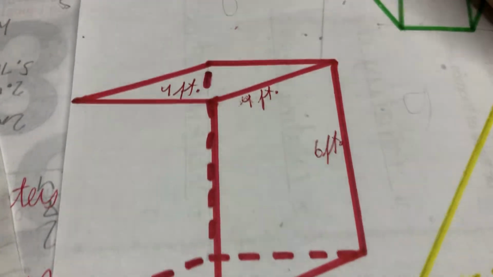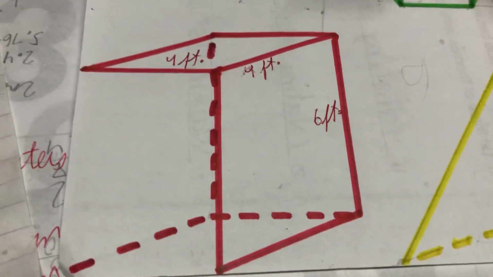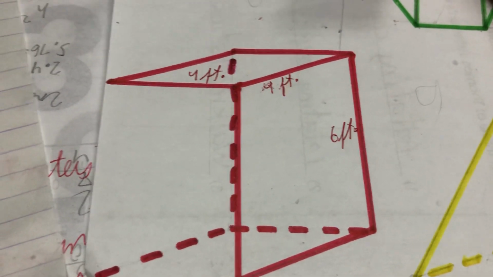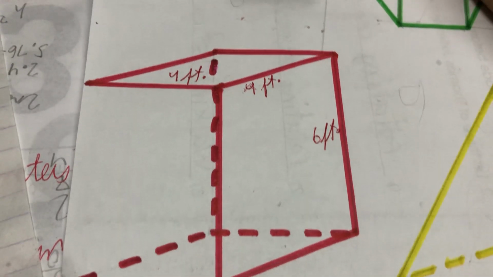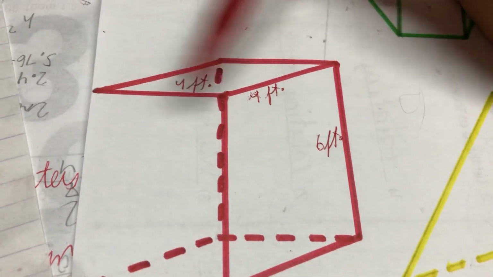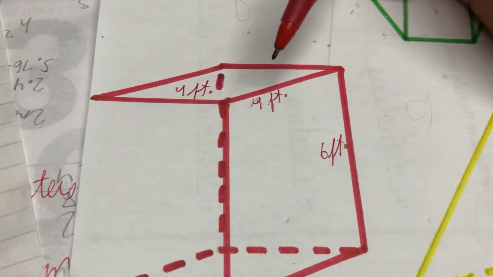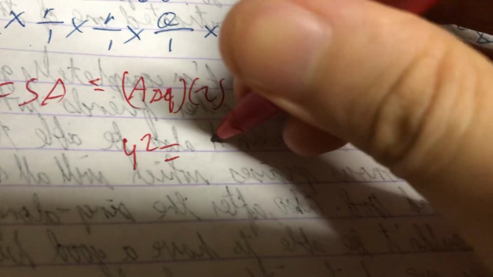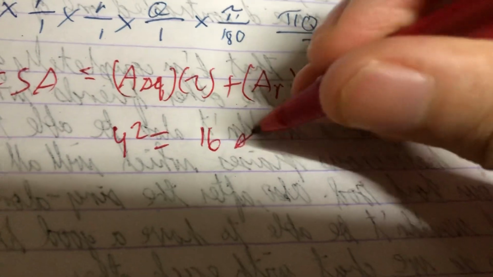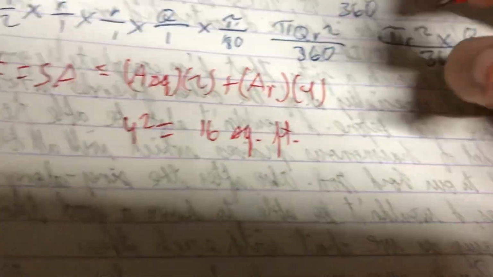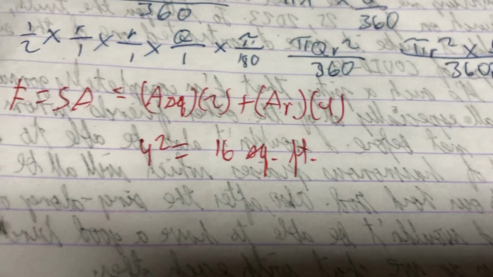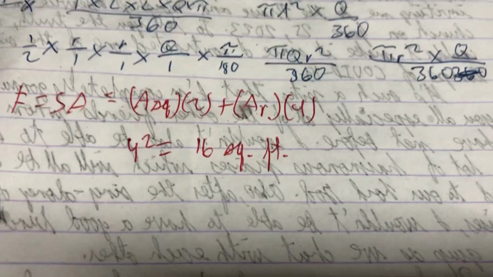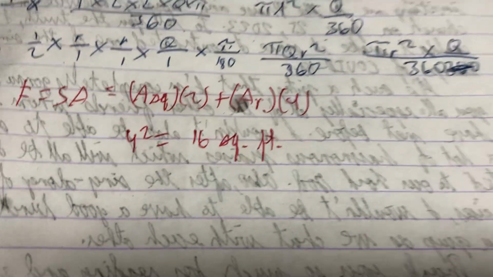First, we need to get the area of any of the faces that you see here. Let's try the square first to make it easier. So this is the square, right? It is 4 feet by 4 feet. So therefore, the area of our square should be 4 squared. What is 4 squared? 4 squared is 16. So therefore, we have 16 square feet. Okay? That pertains to the area of